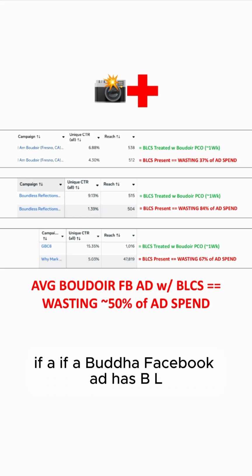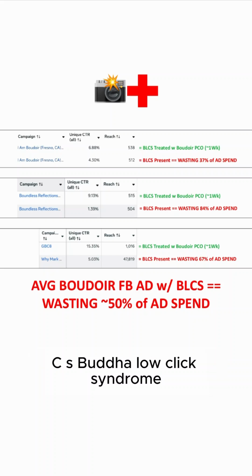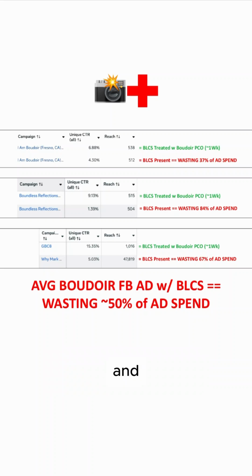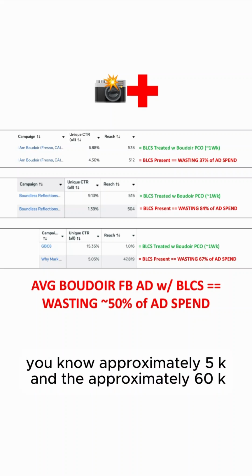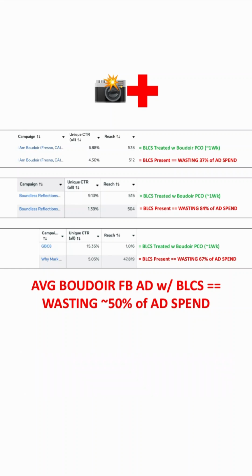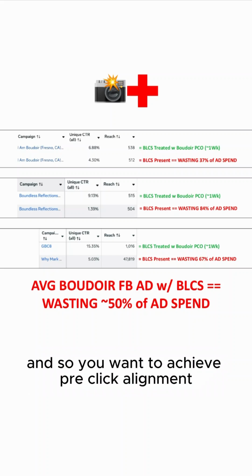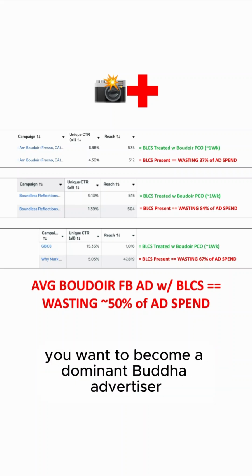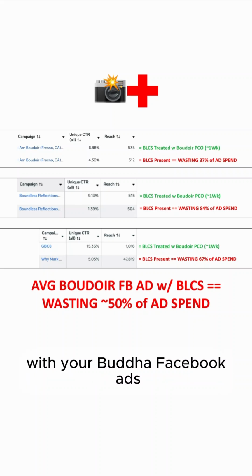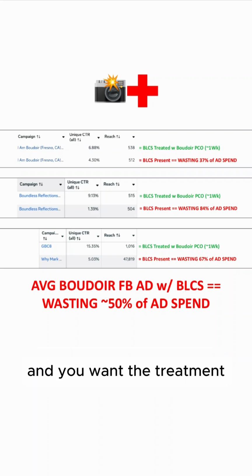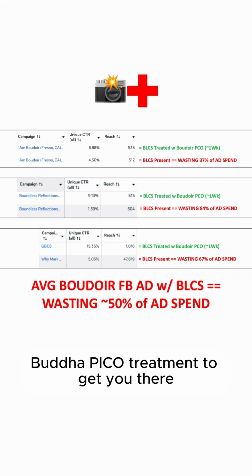If a Boudoir Facebook ad has BLCS, Boudoir low-click syndrome, and you want that approximately 5K back in your pocket, and the approximately 60K over the next 12 months, and you want to achieve pre-click alignment, you want to become a dominant boudoir advertiser, you want to achieve Boudoir brain entry boost with your Boudoir Facebook ads, and you want the treatment, the Boudoir Pico treatment, to get you there,